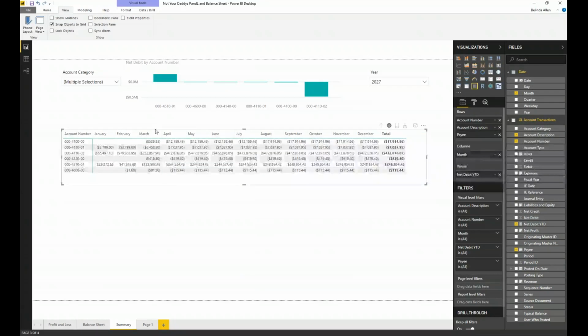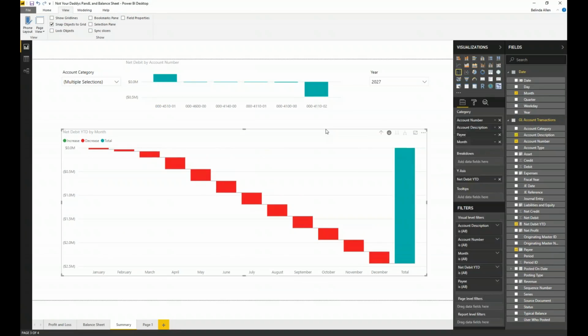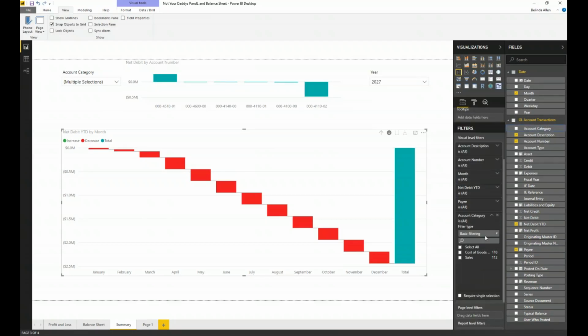But if I took the same visual and turned it into perhaps a waterfall. So here now I'm looking at it. Let's see, account number, account description, payee in month. And I'm looking at each month and I could see the year-to-date breakdown. I might want to come in now and say, all right, instead of looking at it like this, maybe take the account category. I'm going to come in just for simplicity. I'll put it in this visual filter. And in this visual filter, I'm going to come in on the account category. Oh, I have the category up here. I could have just used it right there.